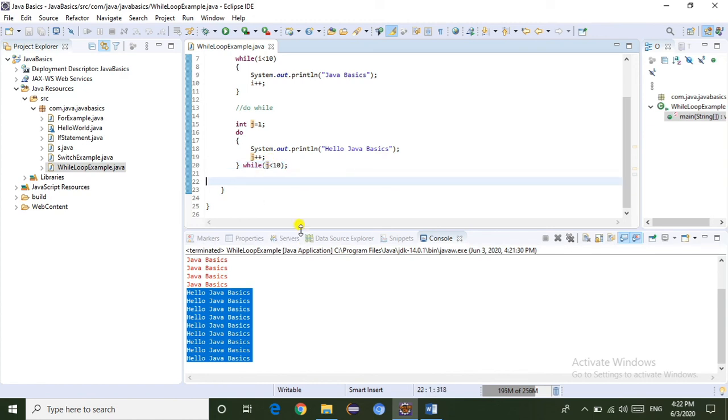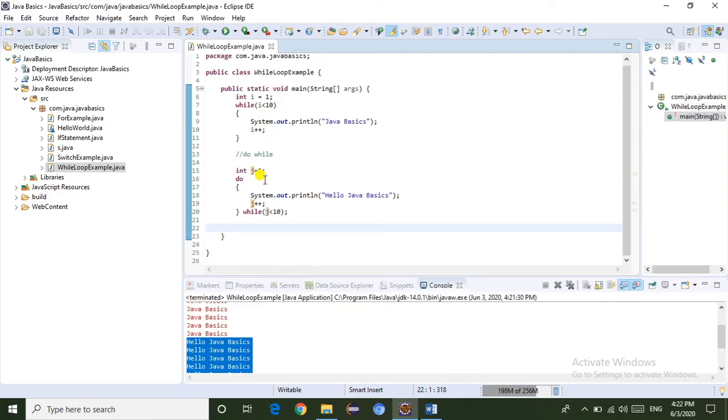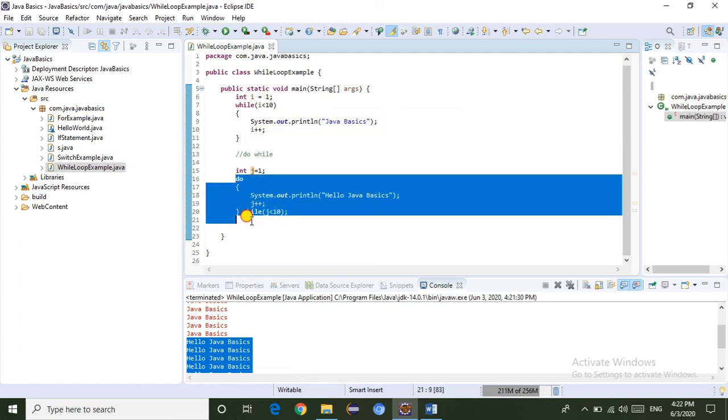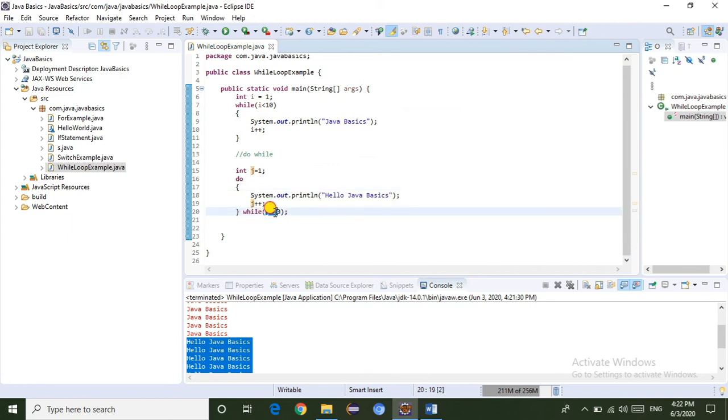If you observe the while loop and do while loop, the main difference is, in the while loop, if the condition fails, it does not execute the block of statements, it will terminate immediately. But in the case of do while loop, even though the condition fails, the block of statements executes once. I am showing.